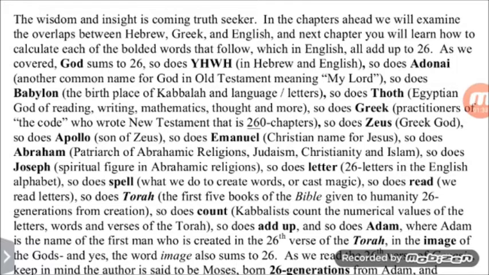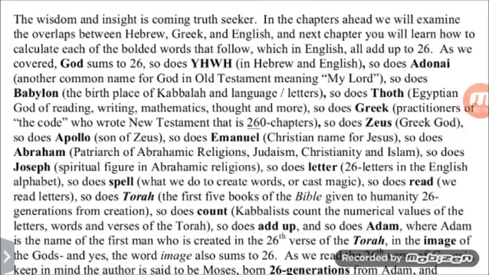So does letter, 26 letters in the English alphabet. So does spell, what we do to create words or cast magic. So does read. We read letters. So does Torah, the first 5 books of the Bible given to humanity 26 generations from creation. So does count. Kabbalists count the numerical values of the letters, words, and verses of the Torah. So does add up. And so does Adam,